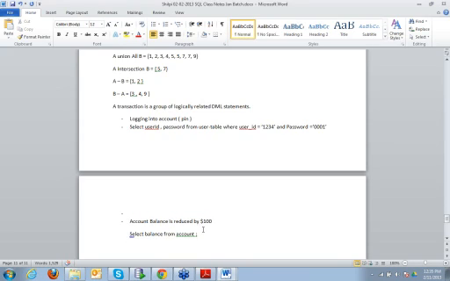So first is the select statement, and if this retrieves an amount greater than $100, then there would be a second query: update account set balance is equal to balance minus 100 where user ID is equal to 1234, right?